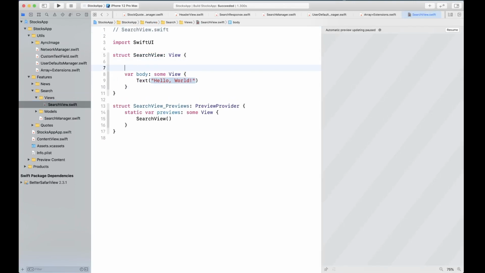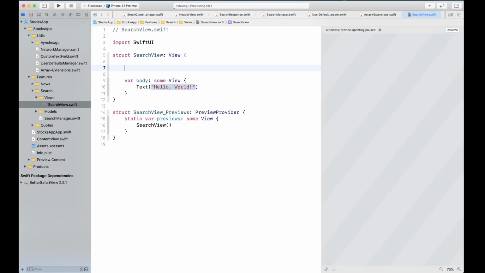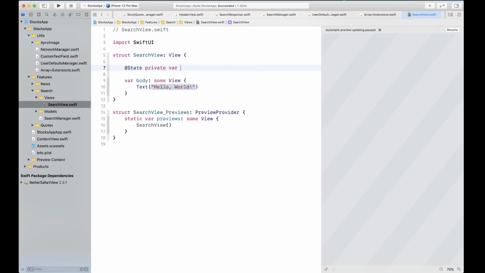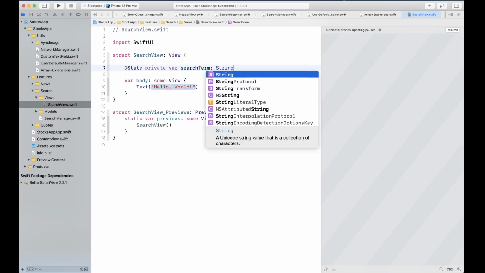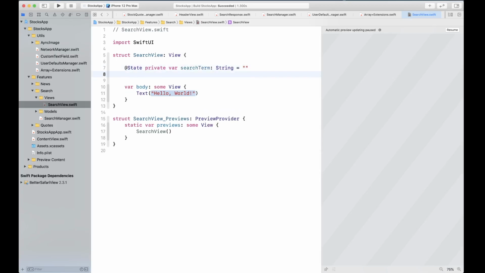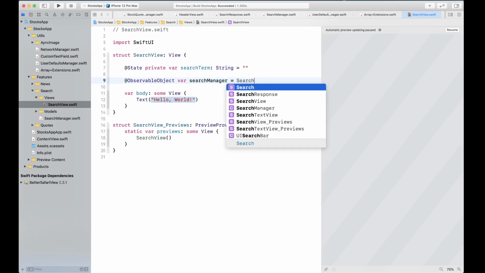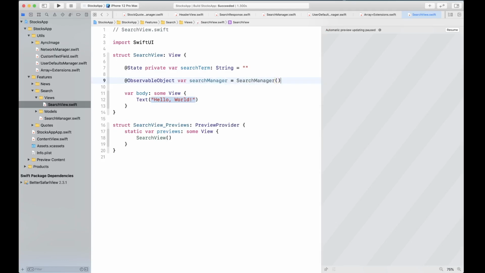And here, first we're going to create a state variable, searchTerm, empty, and we're also going to have an observed object of search manager, and we're going to initialize that.